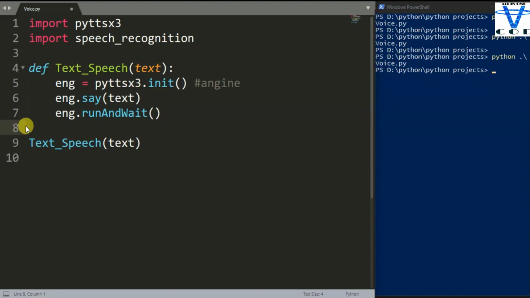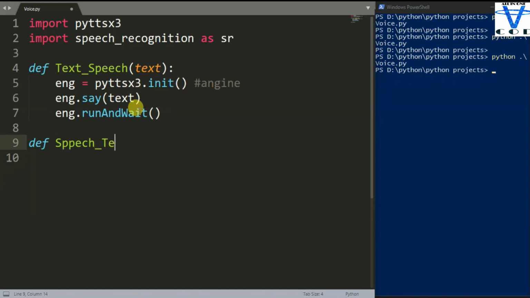For that we are going to use speech recognition, and I'm going to import speech recognition as sr because this is a very long name. You can name it anything, I just named it sr. Okay, so I don't need to call this function now. Now let's create def speech_to_text.